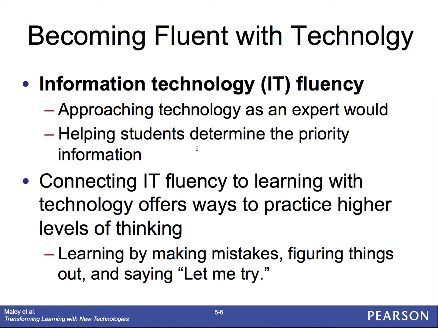We want to try to help students determine the priority of information. You know, Wikipedia is great. I mean, that's the first thing they do, Google Wikipedia generally. And Wikipedia is great, but it can't be relied on as a scholarly source because it can be edited. It may not be true. But a good Wikipedia site has citations at the bottom that you can go check out for yourself, and that's what you want to do if you're going to use Wikipedia.